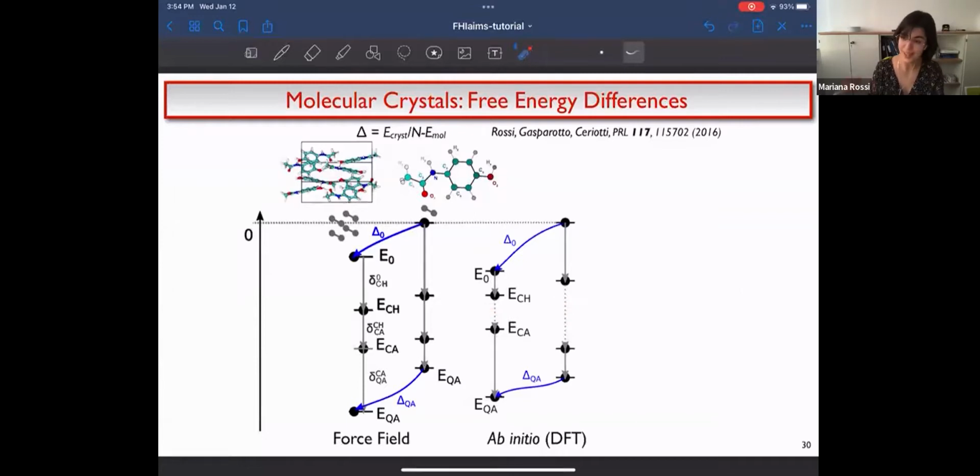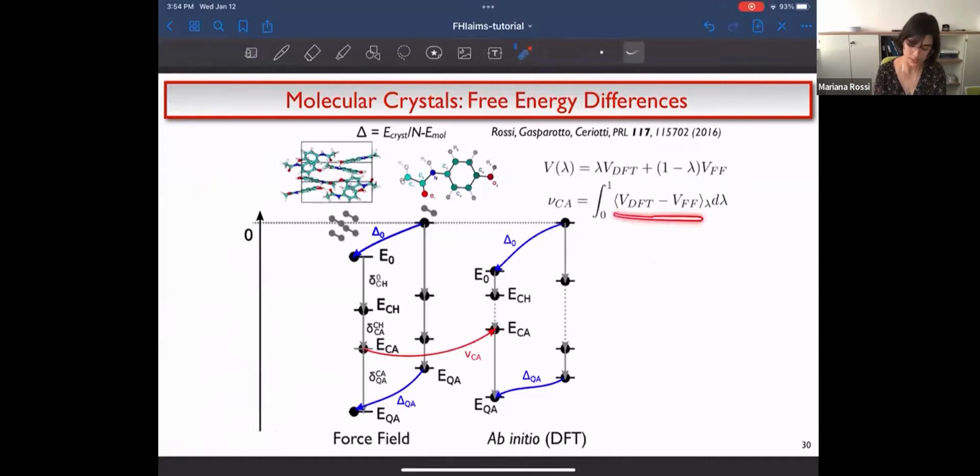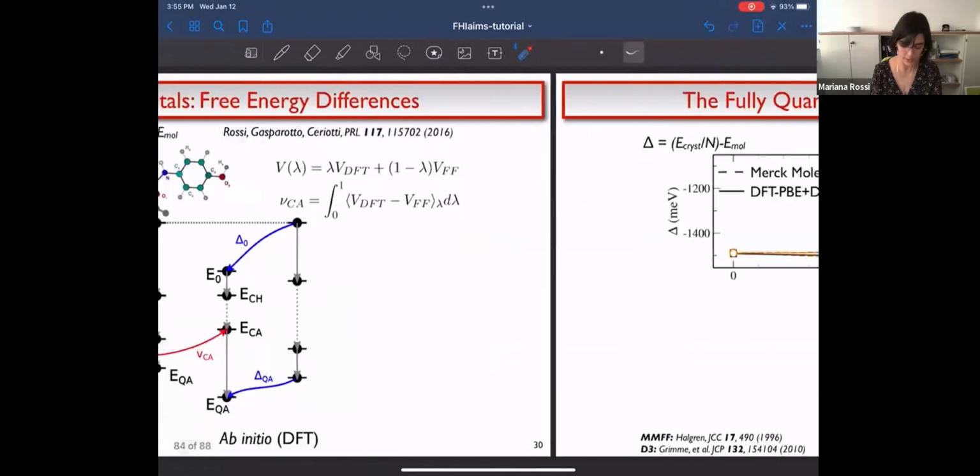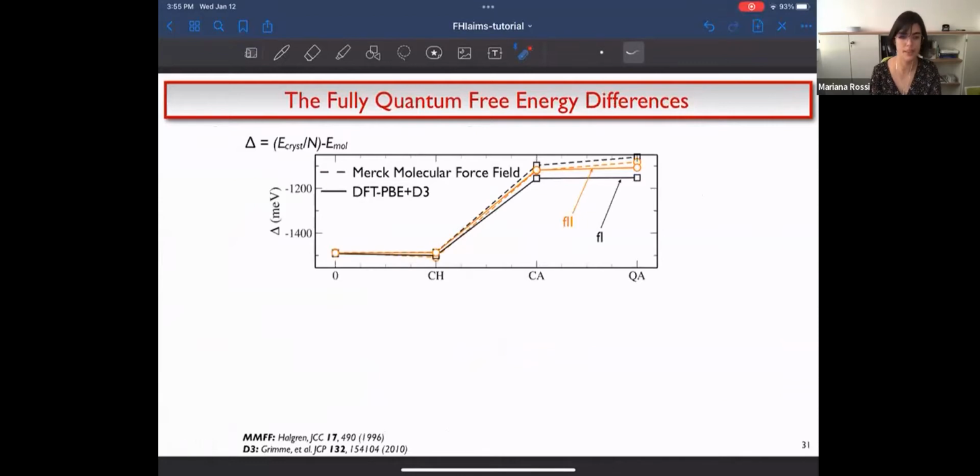But what you can do is yet another type of thermodynamic integration, in which you do dynamics in which you calculate the expectation value of this potential in the DFT minus the potential in the force field. And then you can jump from this point in the force field to here in the DFT part. And then after that, you can calculate the quantum and anharmonic corrections with DFT. They are easier to calculate. So in that way, you can get full quantum and anharmonic free energies, binding free energies, if you like, for real molecular crystals. And you can do that for several crystals,